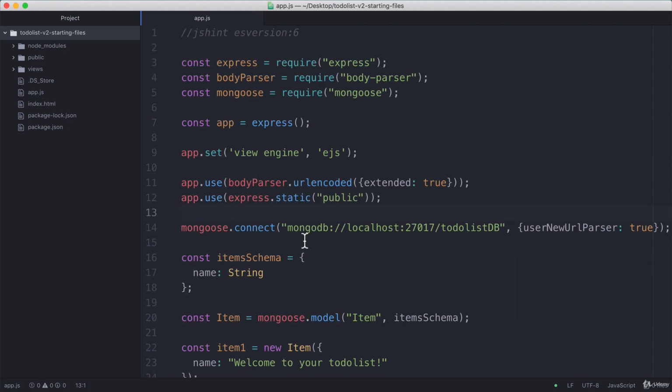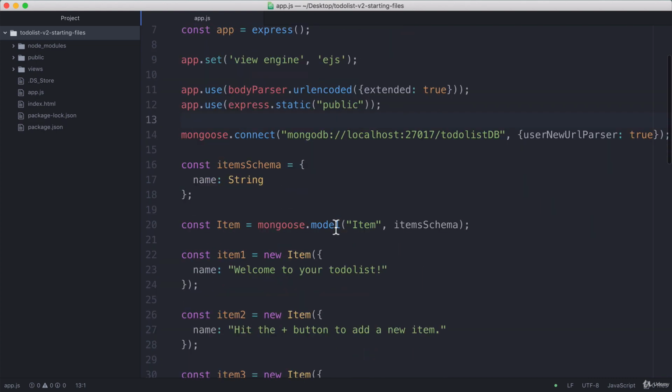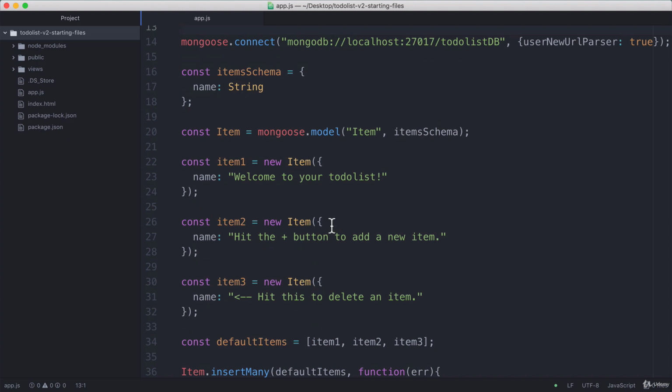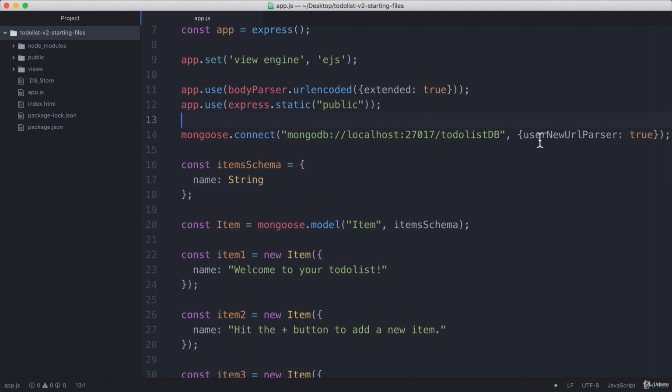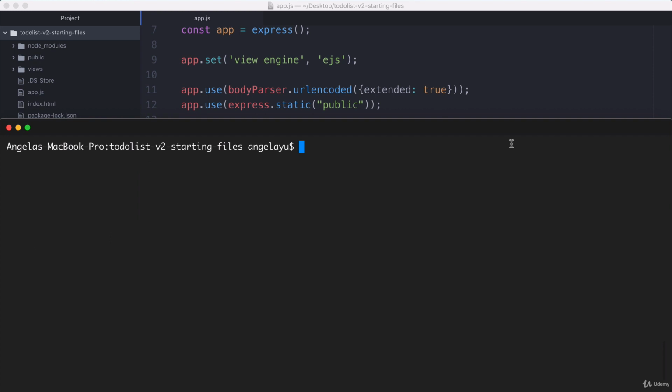Just before we run our app.js, just make sure that you check your code, that there's no errors anywhere, that you've got everything all set up with your model, your schema, and your documents. Over here, I've just spotted that I've actually got a bit of a typo. Instead of user, it should be use new URL parser. Now that I'm happy with my code, then it's time to head over to my